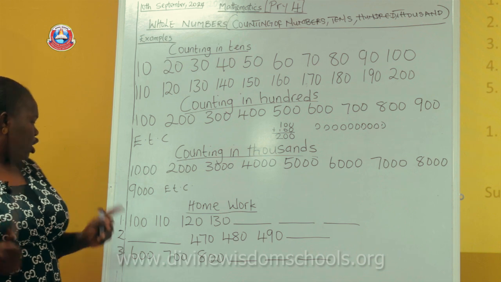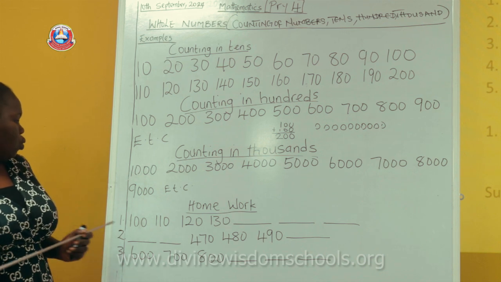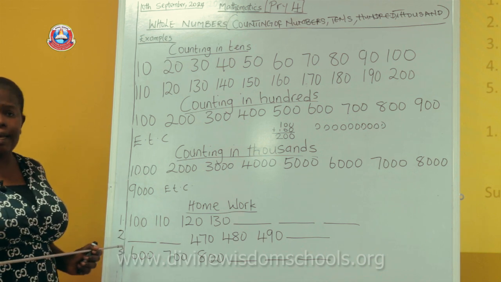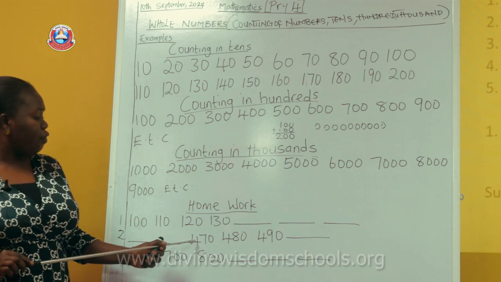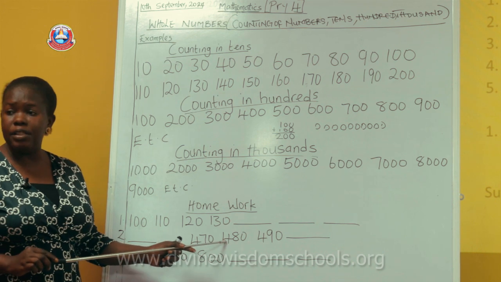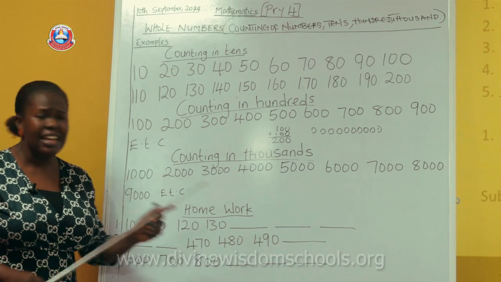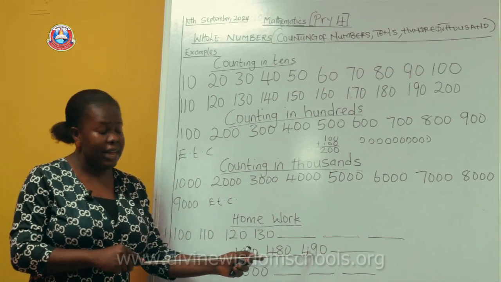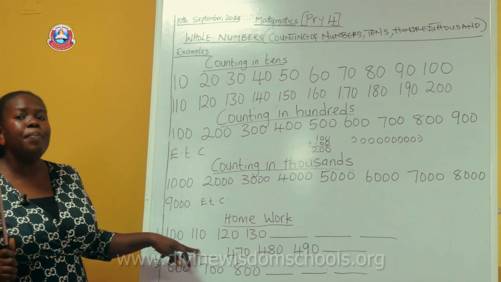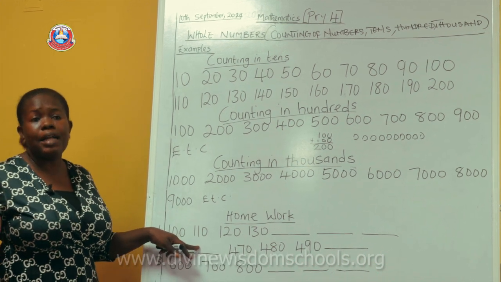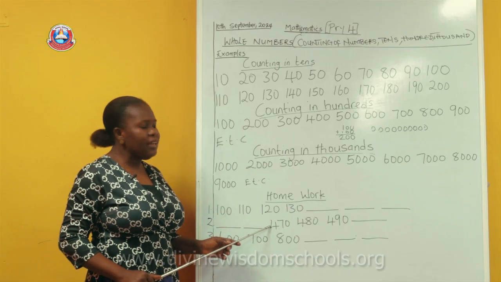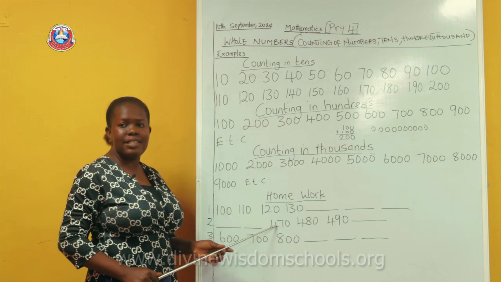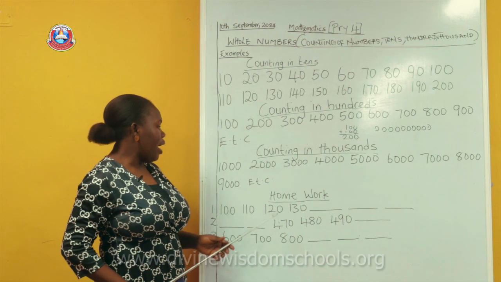Do you understand that? The other one you're going to do, number 2. You have missing numbers at the beginning, dash, dash, then you have 470, 480, 490, and there's a dash. They are still counting in tens. So add ten to 490 to give you this. And to get the beginning, some of you will say, Madam, Auntie, they don't teach me this. You minus. When I say minus, you subtract 10 from 470. And number 3,